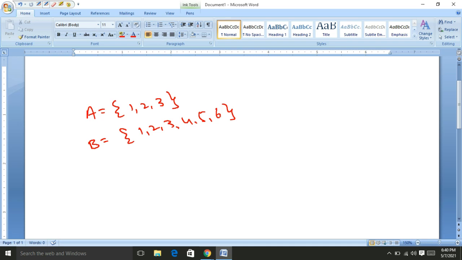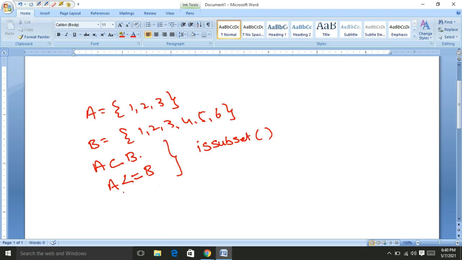Then we consider whether A is a subset of B. Here we use the operator A less than or equal to B to check the subset, and we use the method issubset.